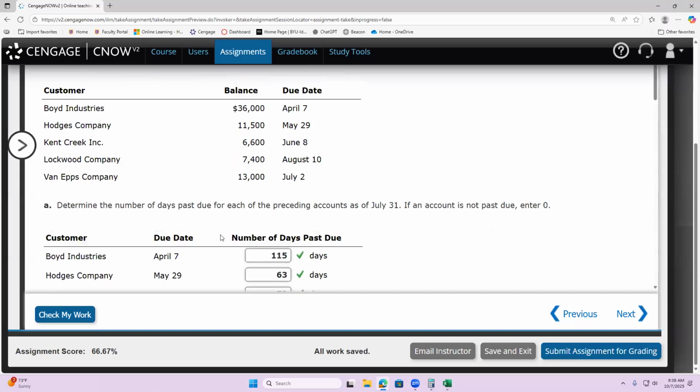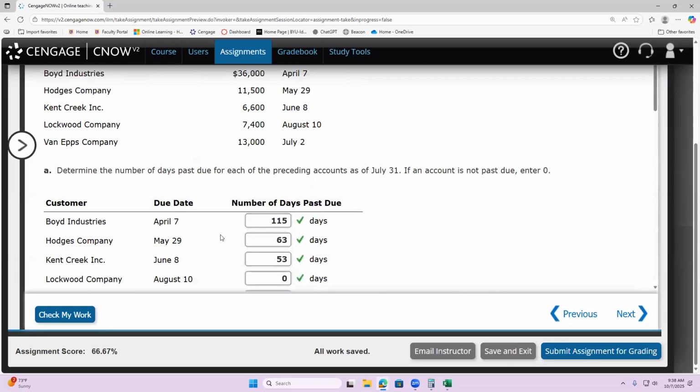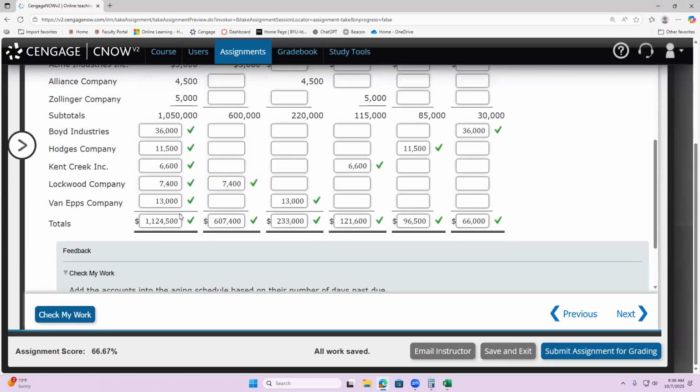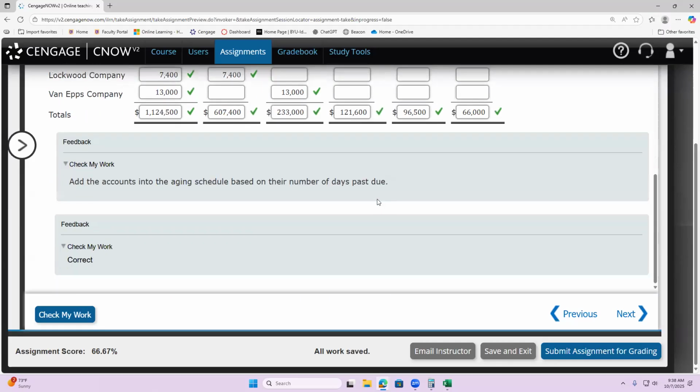So that's it for that problem. Another problem might say then they would tell us what percentage of these, right, were uncollectible, and then we would multiply the percentage by each of these totals and get the total amount uncollectible. That's what they're trying to teach us here. All right. So let's